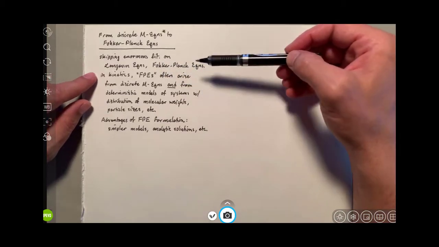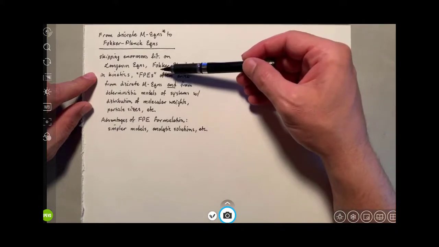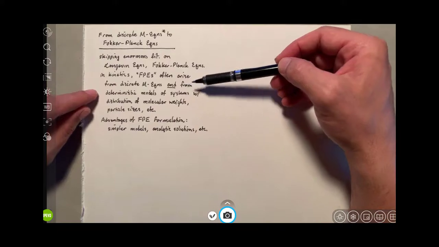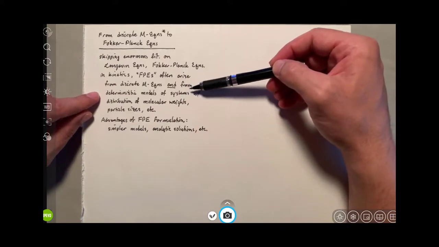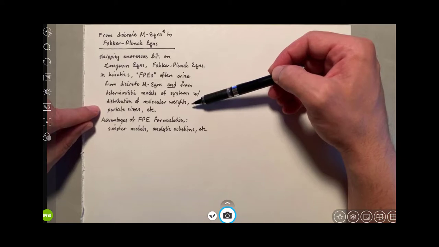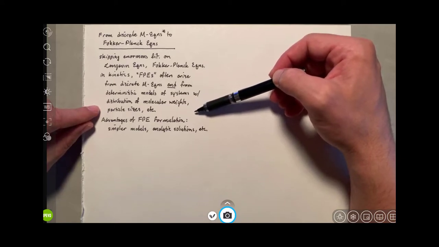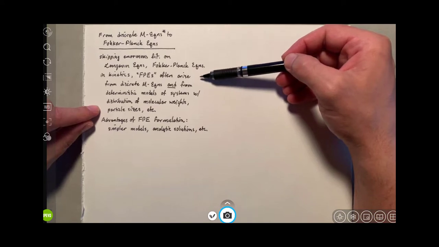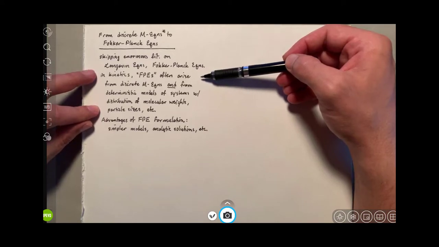We're skipping that because in kinetics we can often go straight to Fokker-Planck equations by starting from a discrete master equation or from a deterministic model of a system with a distribution of molecular weights, particle sizes, etc. Okay, so these things are going to lead us into population balance modeling and all kinds of topics like that. They have an enormous number of applications,